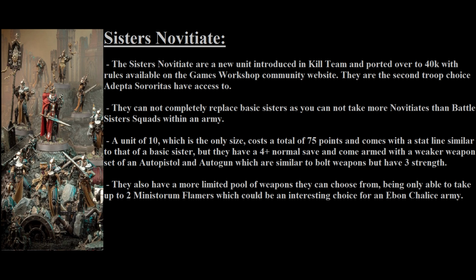frag and crack grenades. The auto weapons are similar to that of the bolt weapons, but have a strength of 3 instead of 4, making them a rather weak counterpart in comparison. As far as special weapons go, they are much more limited than their sister counterpart, only being able to replace 2 auto guns with 1 Storm Flamer each for an additional cost of 5 points per flamer, which isn't the worst option, as they could be a cheap choice for flamer weapons in the Ebon Chalice order if you so